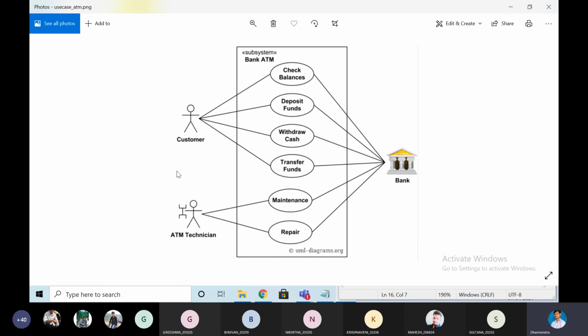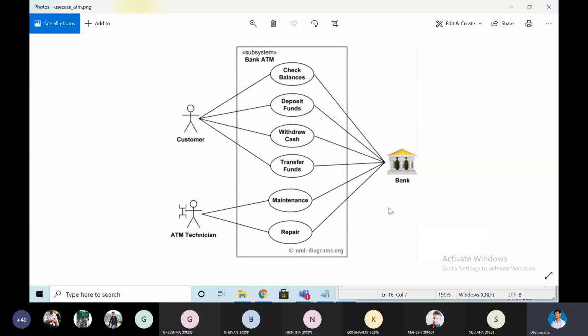And if you want to keep, for example, security, you can keep a security actor. Here you can write the service, like he will provide security to the machine, not the physical security. Then technician maintenance, that is fine.